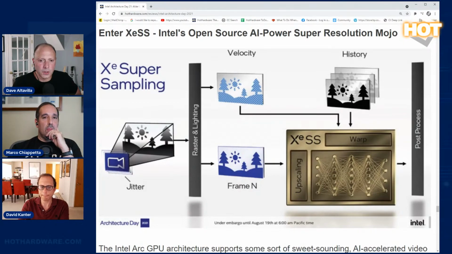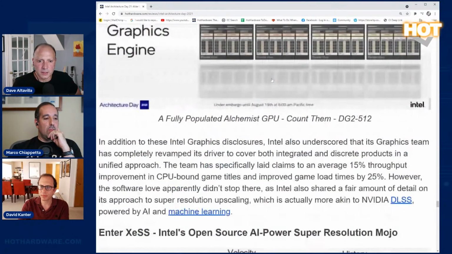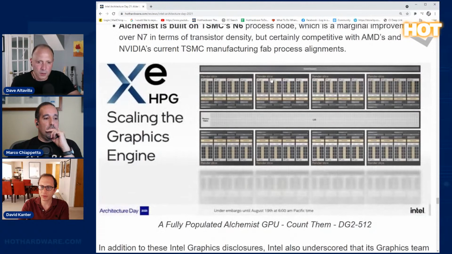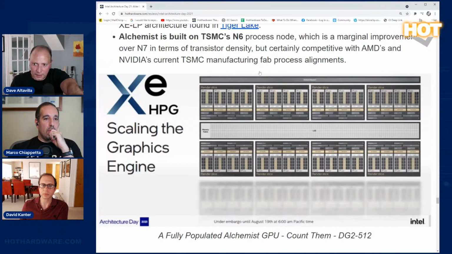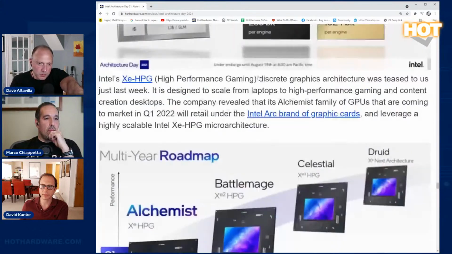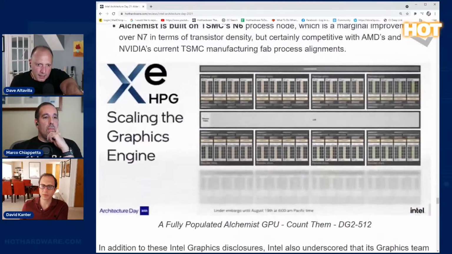Yeah, I would agree. I'm just going to scroll back real quick. This is an interesting slide right here. It's kind of hard to see. I could blow it up a little bit more, but you're seeing the grid. This is your 8 slice, 4 cores per slice, or 4 arrays per slice, really, we should say. And if you went down to those little gray blocks and all the cores, those are the 16 matrix engines, or do I have that right? Yeah, vector engines. And then the yellow horizontal bars down the bottom, those are your RT cores at the bottom of each array. So there's 4 RT cores per slice.